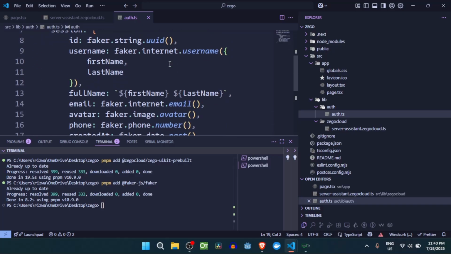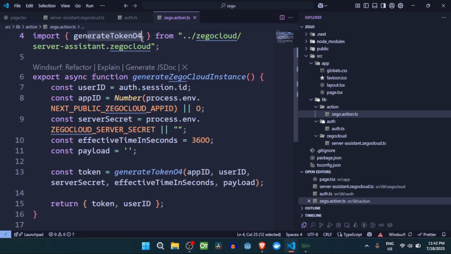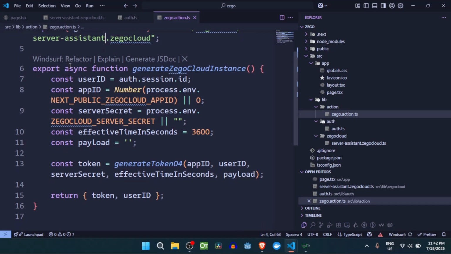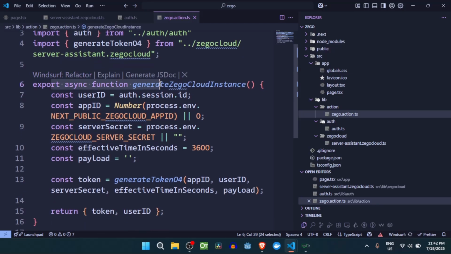Now we have this code. Now what we have to do is create a server action for creating a secret token for our ZEGOCLOUD application. So here create a file, name it action. Here you have to import the v4 token generation utility function provided by ZEGOCLOUD. By the way, you have to mark this as server, because it's a server action. Here you just have to create an asynchronous function,